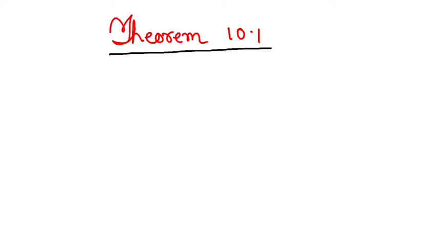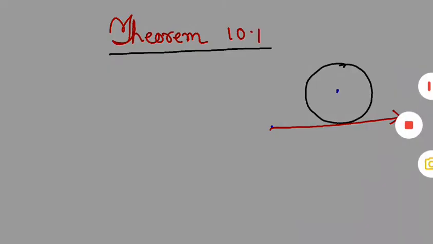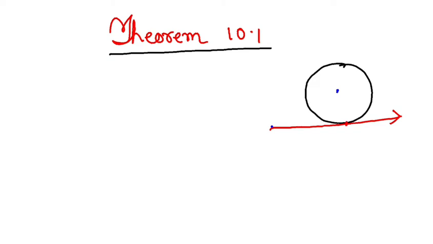So, what we have learned till now is that if we have a circle like this, and let's say this is the center of the circle, and let's say this is a point outside the circle. From this point outside the circle, I can draw a tangent like this. Alright, this particular point over here where the tangent touches the circle is called the point of contact. Alright, this is something you have to remember. This is called the point of contact.